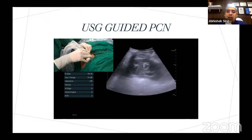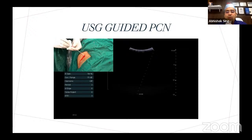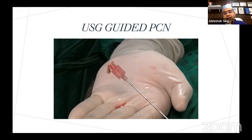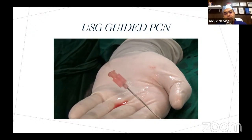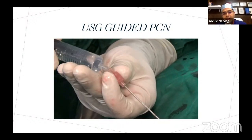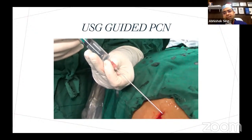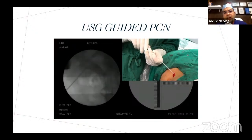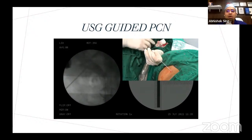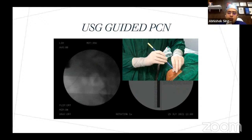So at this point, disengage the circular screw and get your ultrasound by the side. Hold the hub of the needle with a gauze piece and remove the needle stylet to see if you have punctured correctly or not. Subsequently, you can do a dye study and ensure that you have punctured the correct calyx or the kidney or not. So just to repeat the steps,